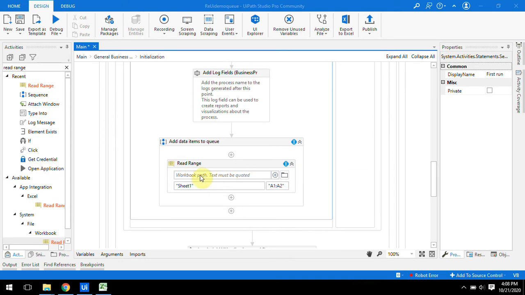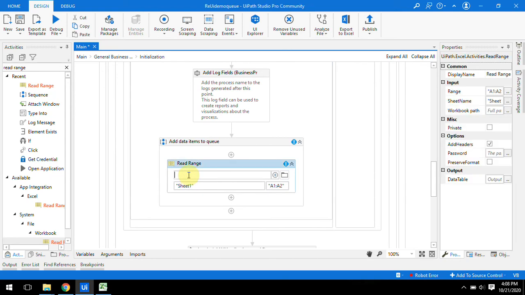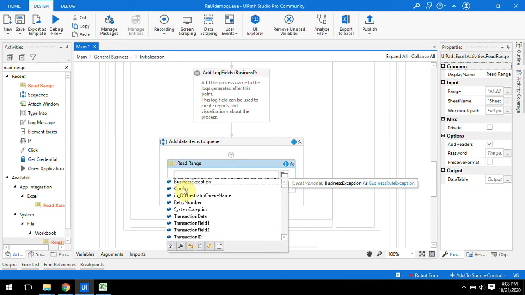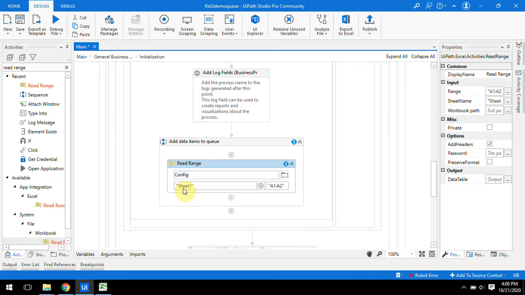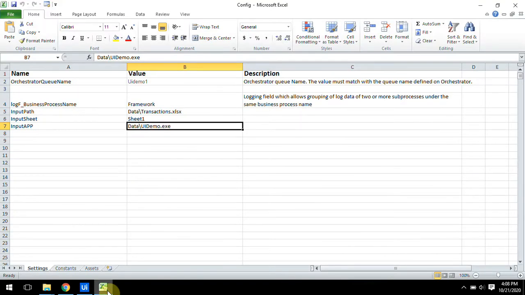For reading the data from Excel we are using read range. We have to give the path, and by using control space you can get the variable. In the config dictionary we have all the files stored. So config, and the name we have stored in the config file. The value is data transaction.xls, and the name is input path.